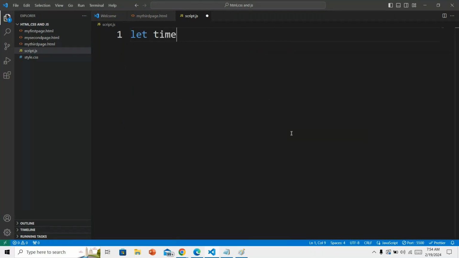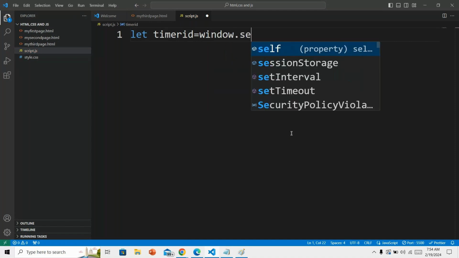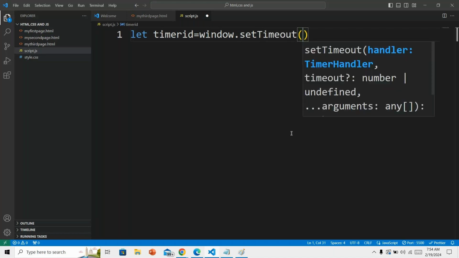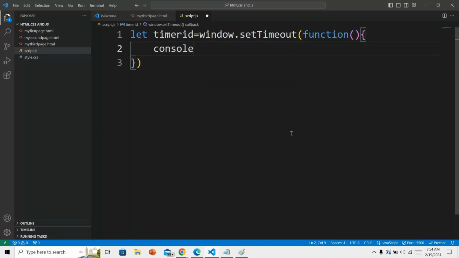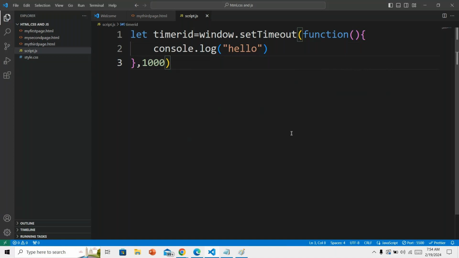I'm mentioning let timerId is equal to window.setTimeout, function, console.log of hello. I'm printing hello. After completion of the 1000 milliseconds only, hello will be printed. I'm saying again, okay, for example,